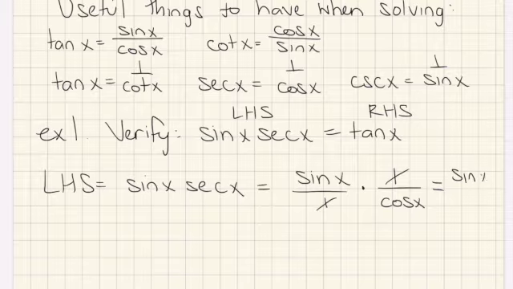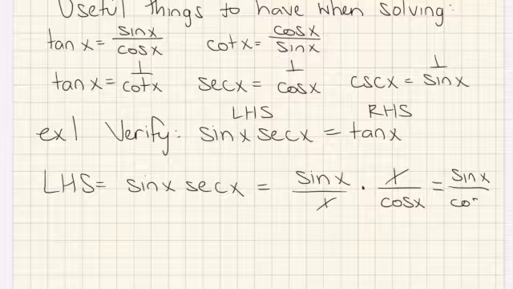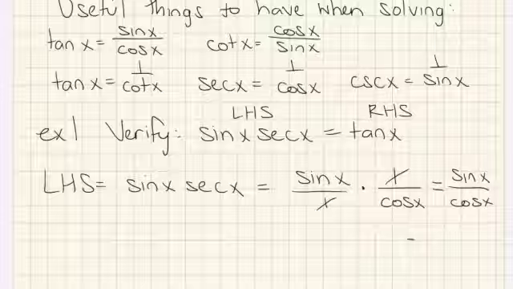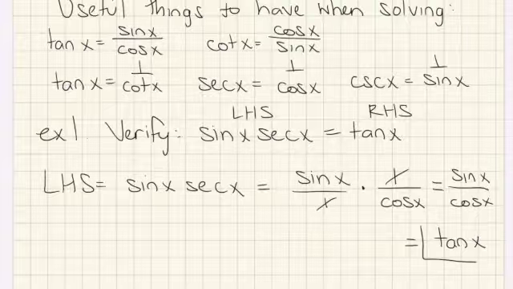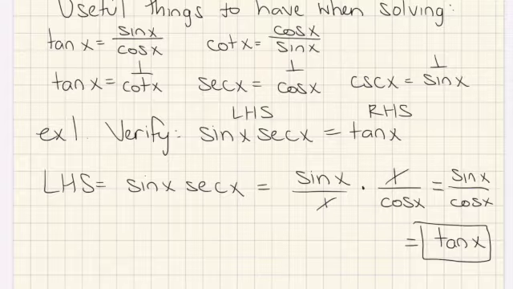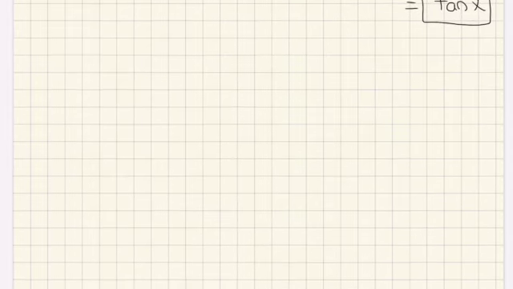And now that we have this here, we can cancel out the 1's and we are left with sine of x over cosine x. And this lastly is equal to tangent of x. And we have now officially verified our solution. Moving forward for our next example, we have